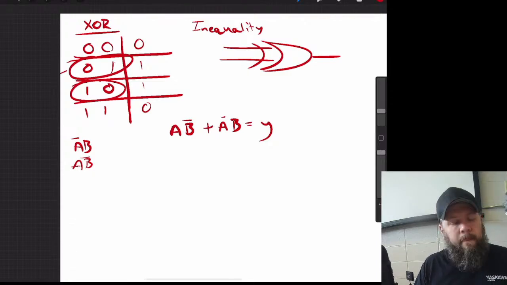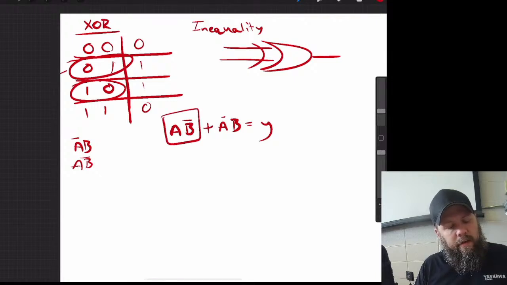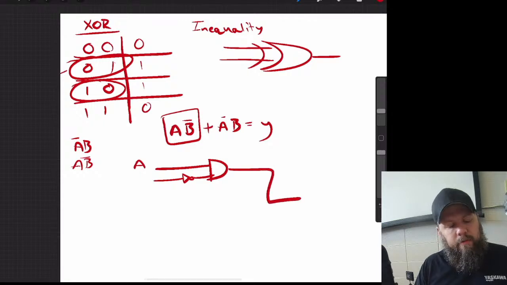So we can make this out of an AND gate. We've got an AND gate, and we're feeding A into it. And then for B, we're going into an inverter. And so we've got half of this. Okay? Or